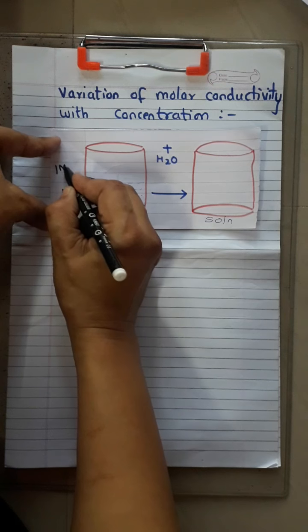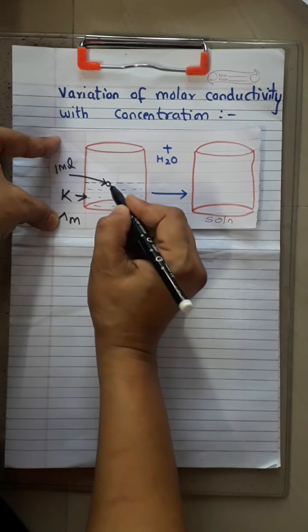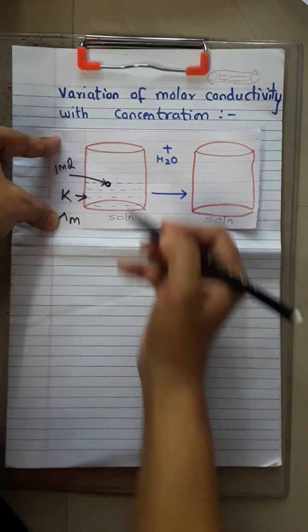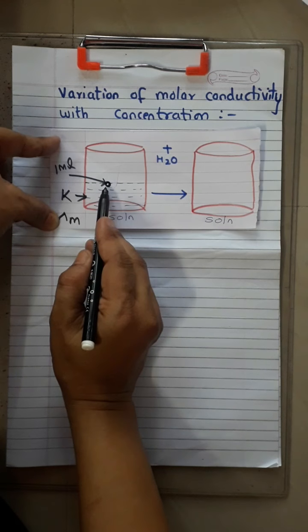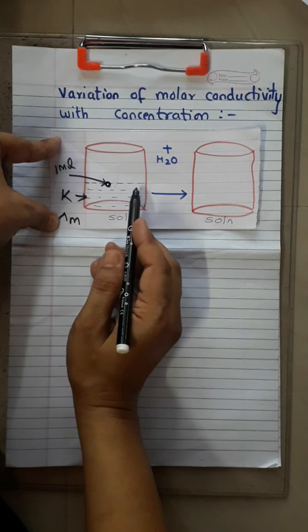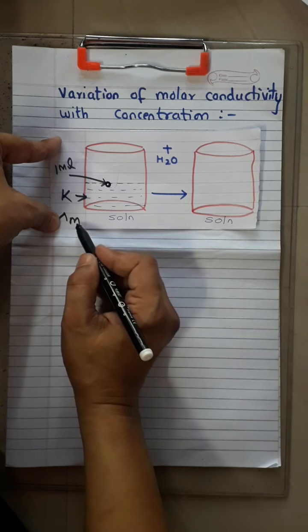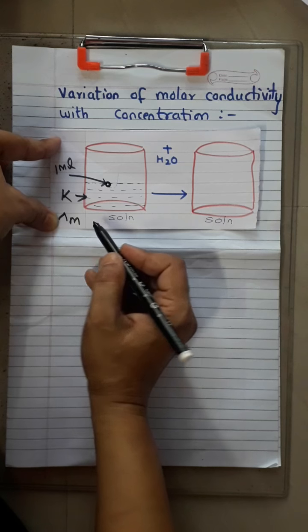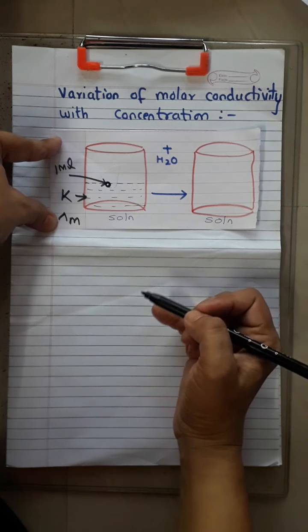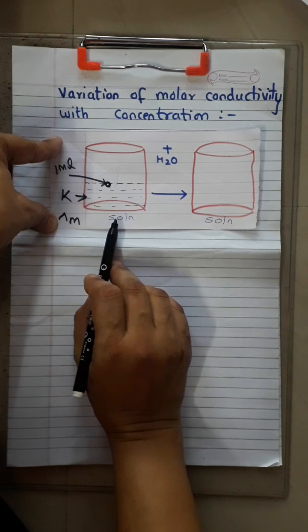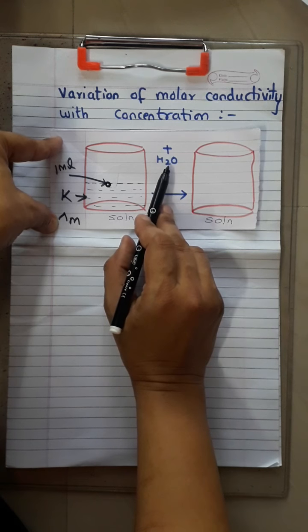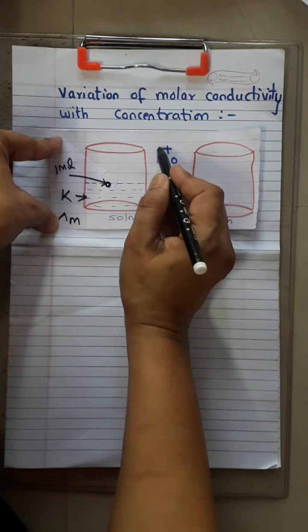Let us say that this circle I have drawn is 1 ml. So the 1 ml solution's conductance is K and the conductance of the entire 1 molar solution is lambda m. Now, as the topic says, variation of molar conductivity with concentration. So what is happening to this solution? We add water. So students, when we are adding water into this